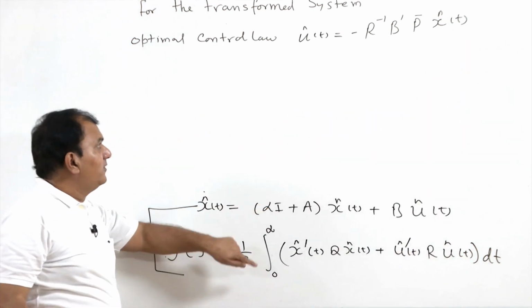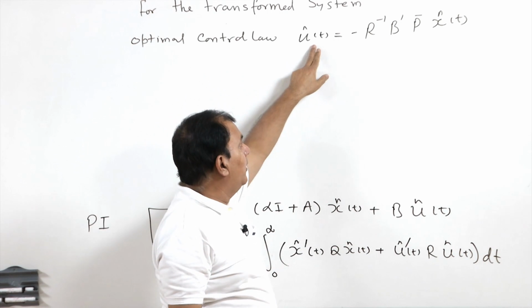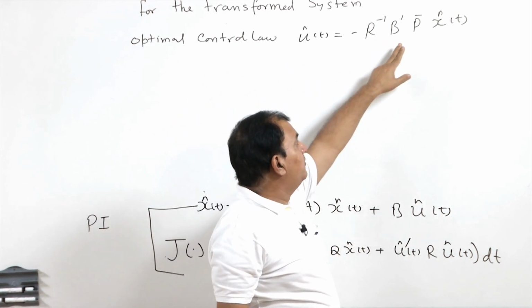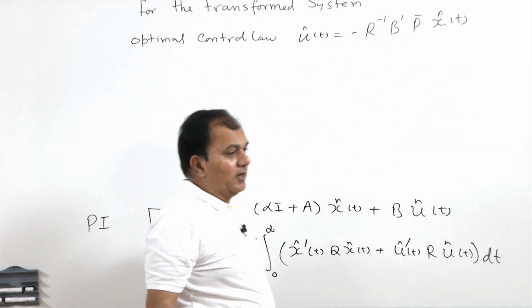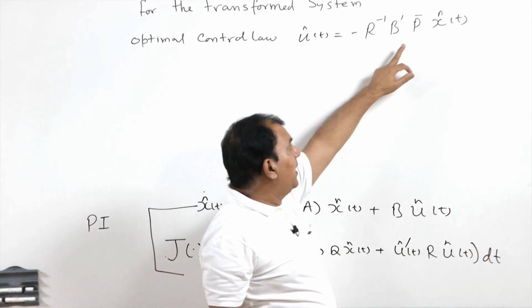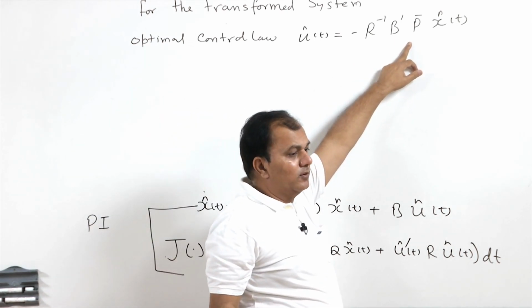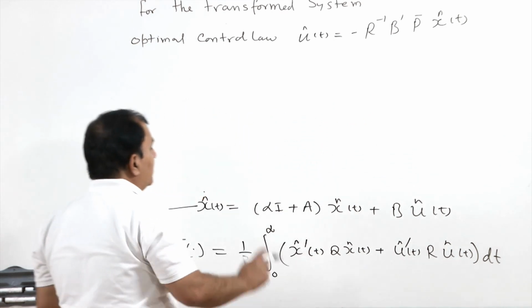So, for this system my optimal control law is u hat equals minus R inverse B prime P bar x hat of t, and P bar will be the solution of my Riccati equation,